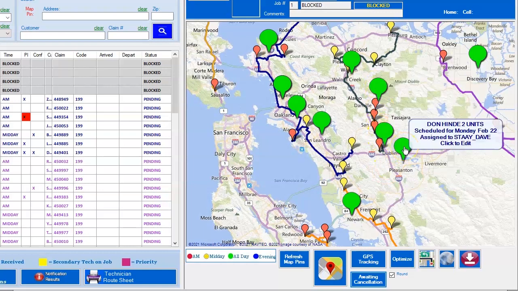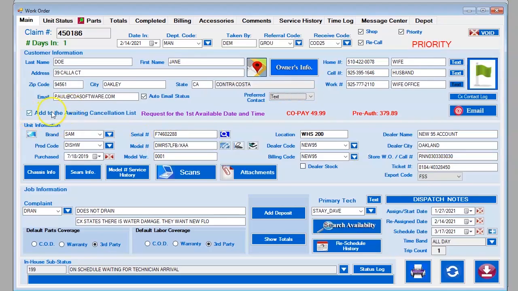So all your route manager does is double click, get the customer on the schedule, and use text messaging to dialogue with them. Just look at these really big icons. When your customer is added to the cancellation list, that allows your scheduling department to have a visual guide to see where that customer lives